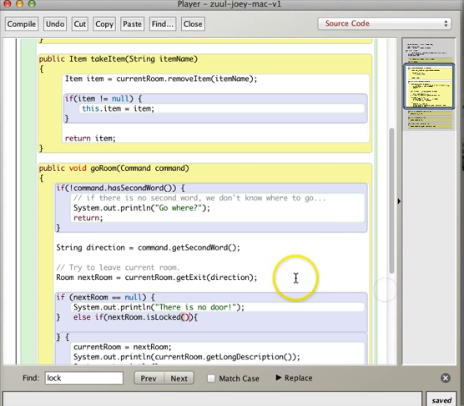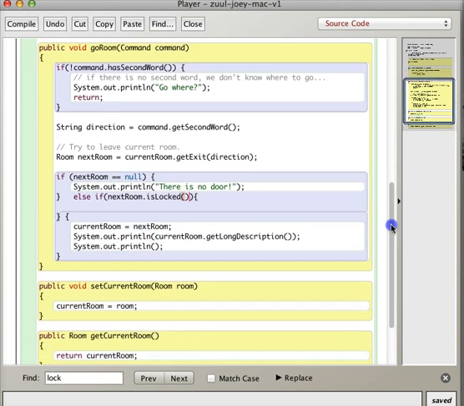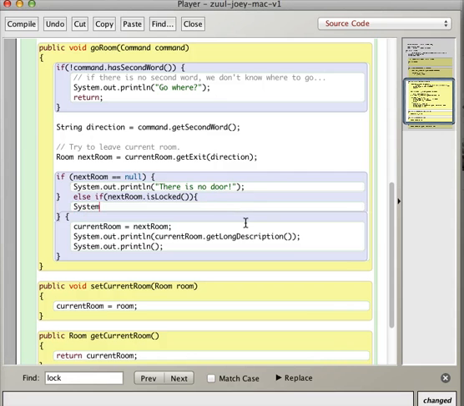Let me just double check here what we have. If next room equals null, there is no door. Else, if it's locked, oh yeah, we have to say something if it's locked, right? So if it's locked, for right now, let's just say System.out.println